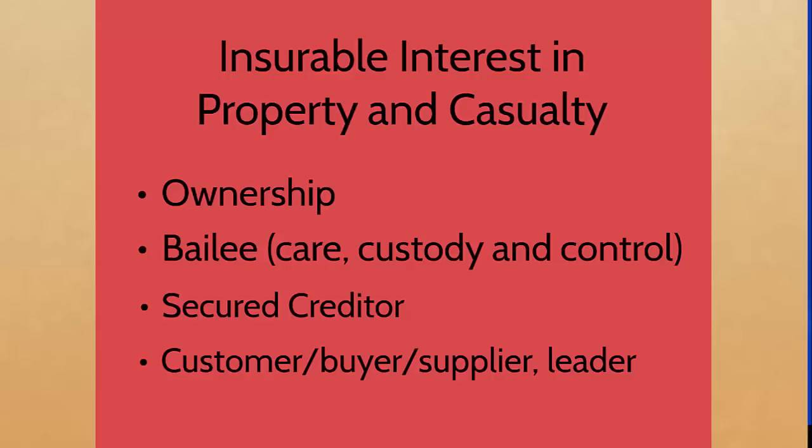For example, if a company has one supplier of a significant material that goes into its process, such as steering wheels for a large auto manufacturer, and that supplier experiences a covered loss like a fire or explosion, it might shut down the business of the auto manufacturer temporarily. That's why the auto manufacturer has insurable interest in the going concern of the supplier.